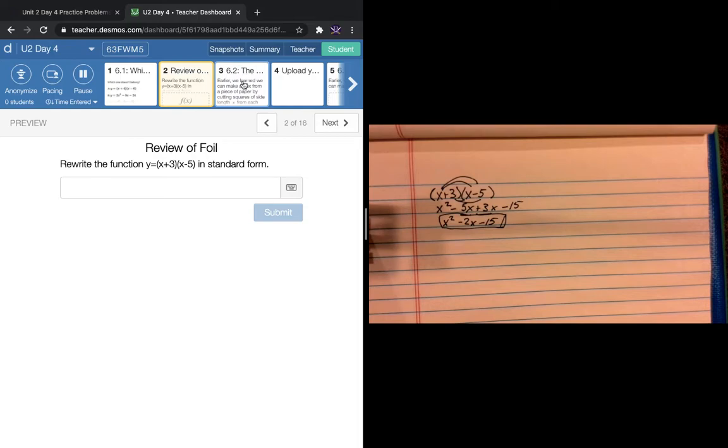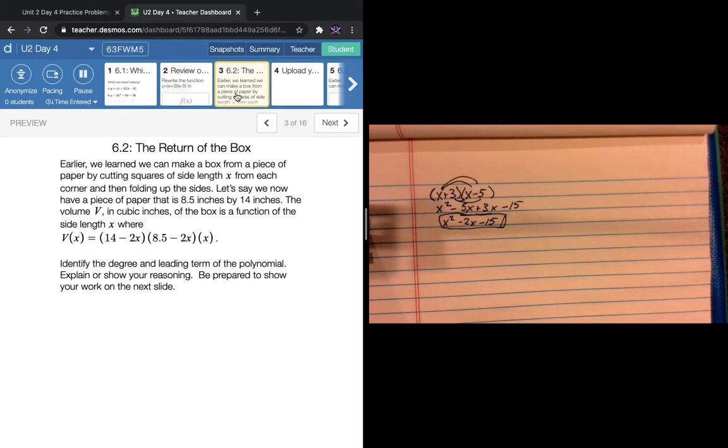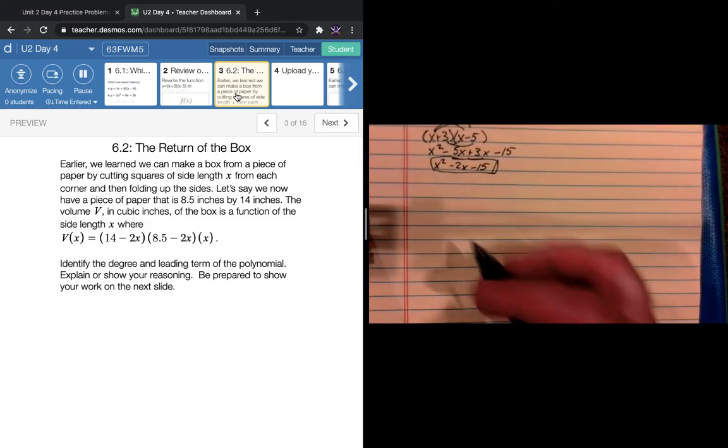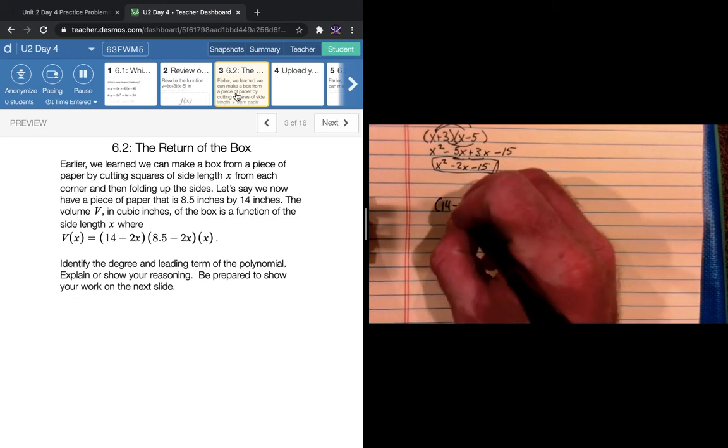We're going to build upon that today and build them even bigger with bigger polynomials. So let's go back to our box. We learned that we can make a box from a piece of paper by cutting square sides from the corners. We've got an 8.5 by 14-inch paper. Identify the degree and the leading term of the polynomial. Okay, that's going to be a little difficult, because we now have 14 minus 2x,